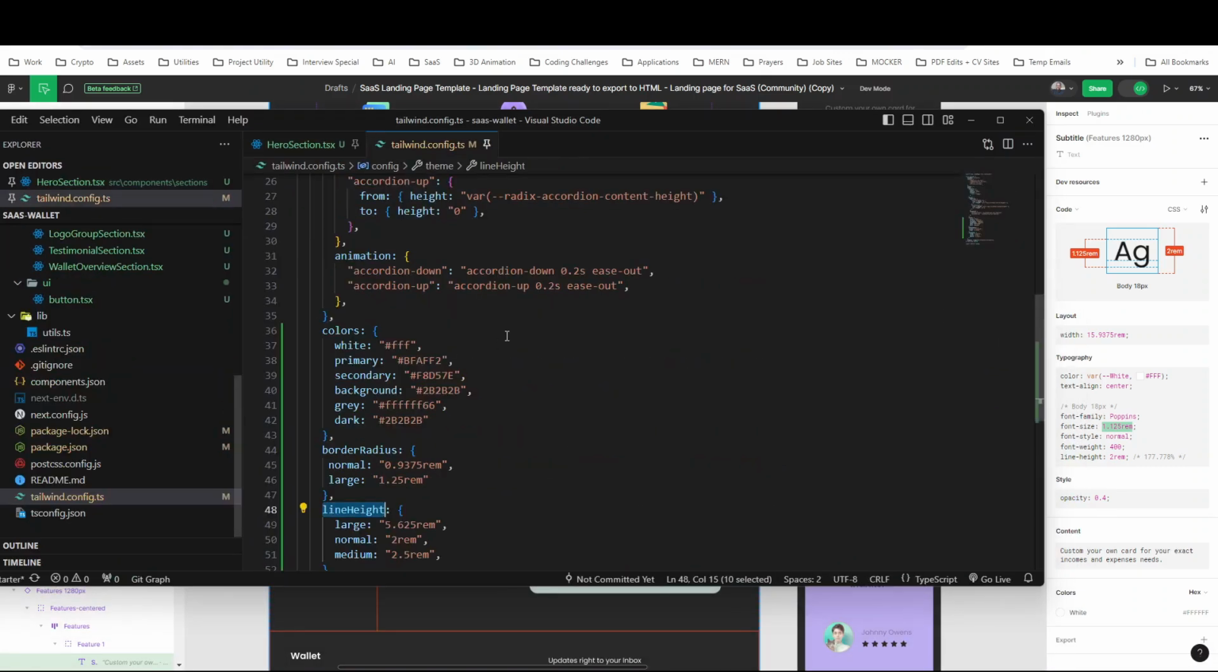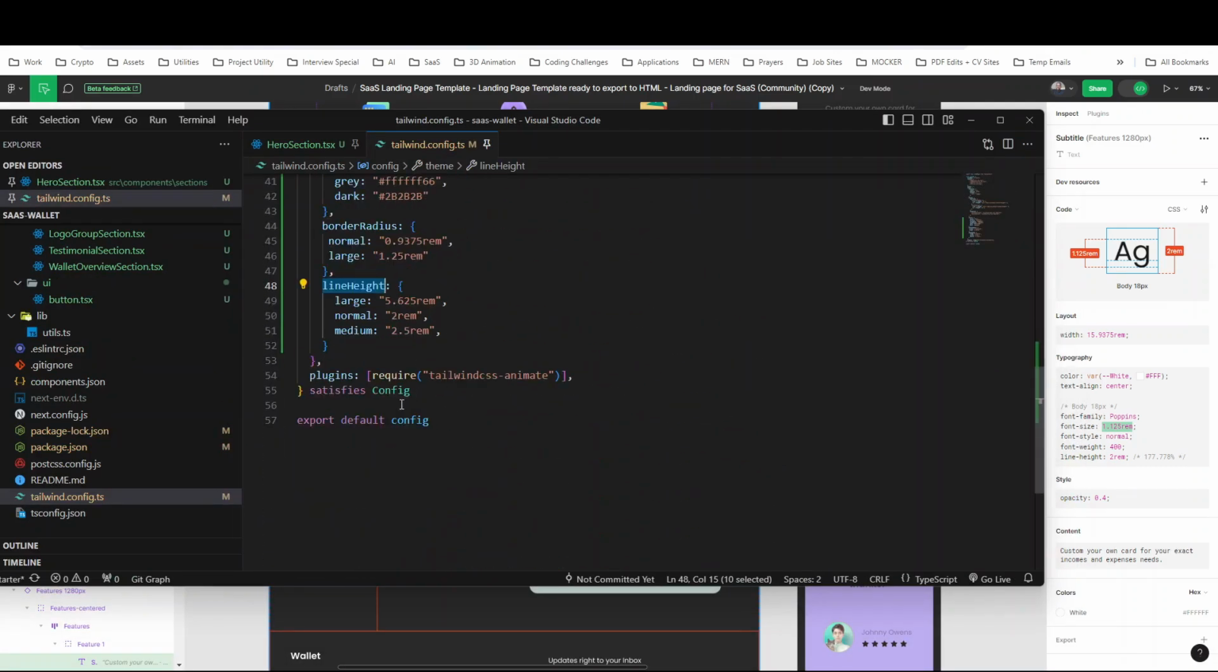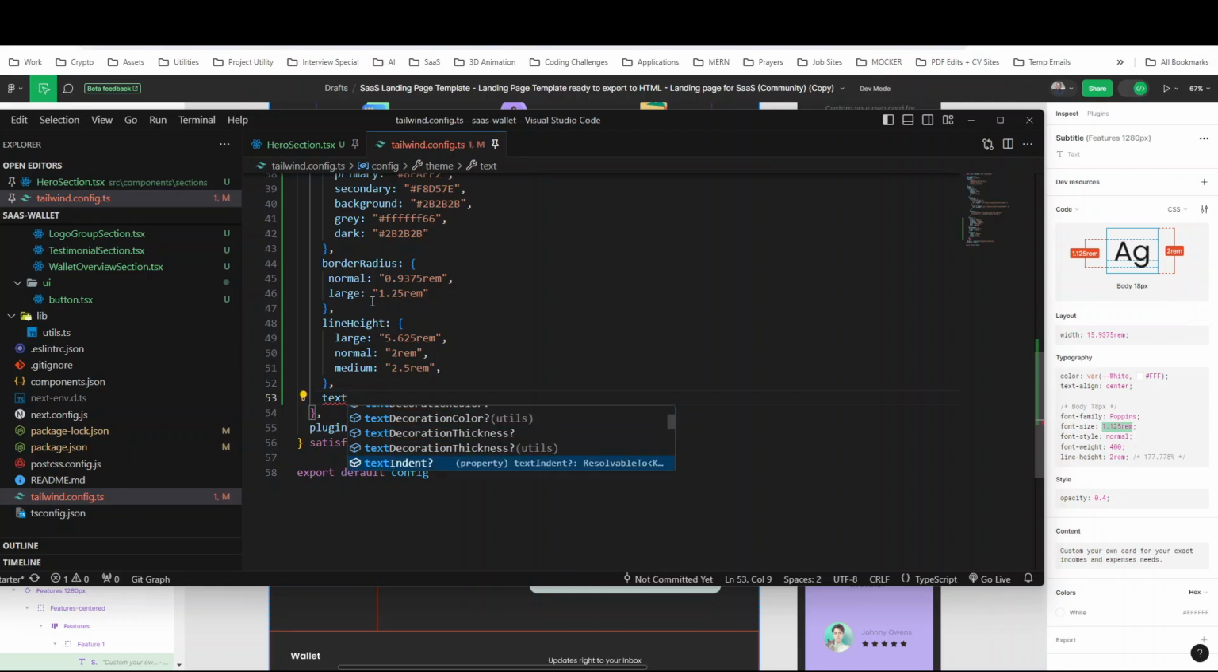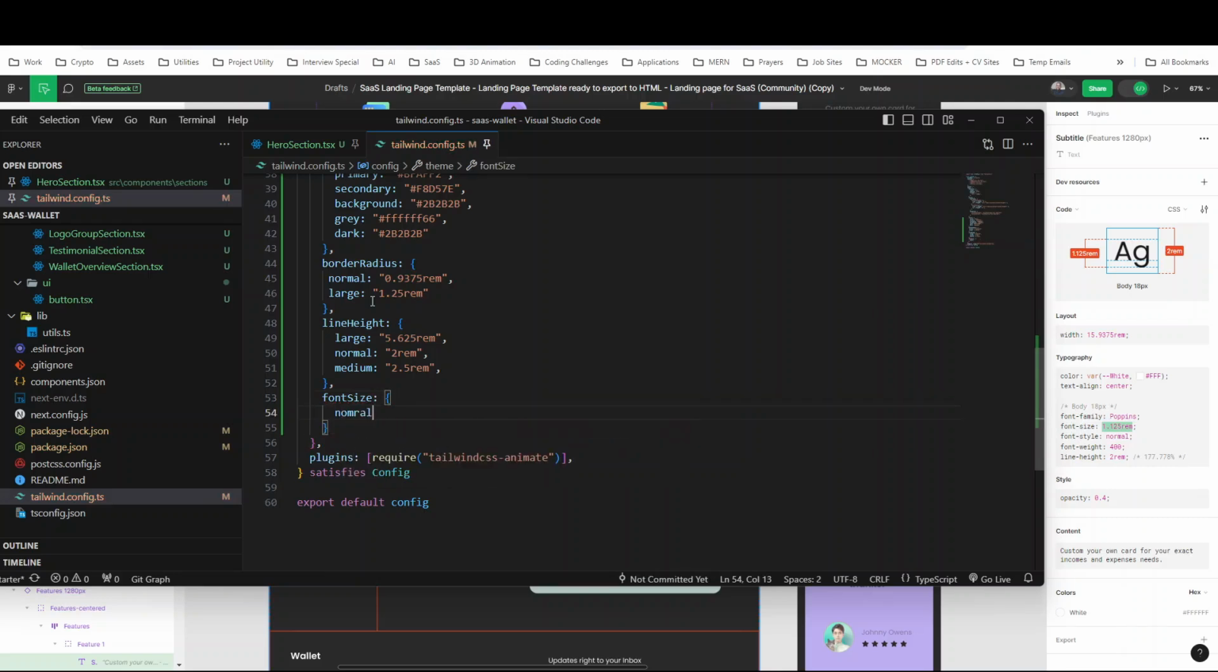go to your Tailwind config, and just put your text. This is always something very common. So let's go common there. Then text, text color, font size. I think font size, wonderful. Font size normal. So normal, and